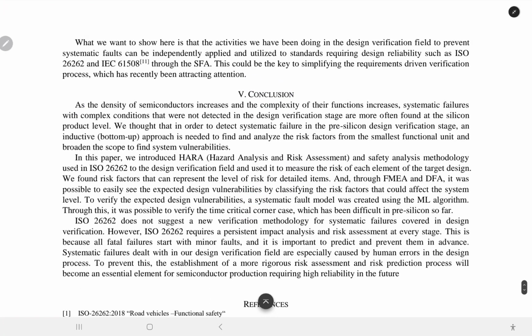5. Conclusion. As the density of semiconductors increases and the complexity of their functions increases, systematic failures with complex conditions that were not detected in the design verification stage are more often found at the silicon product level. We thought that in order to detect systematic failures in the pre-silicon design verification stage, an inductive bottom-up approach is needed to find and analyze the risk factors from the smallest functional unit and broaden the scope